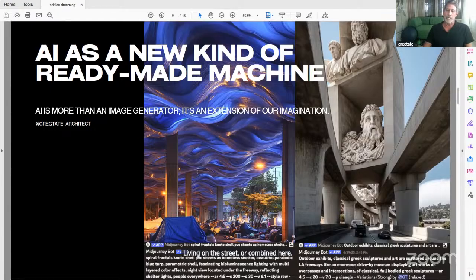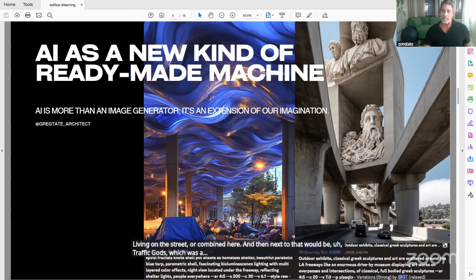And next to that would be Traffic Gods, which was this idea: what if the freeway was an art gallery? What if you were able to put sculptures on the freeway where they become the supports of the freeway itself, and become a drive-through museum?